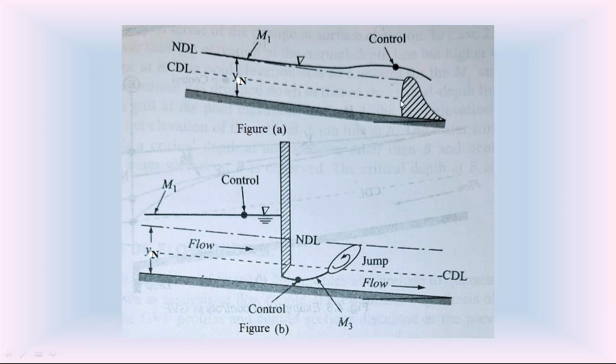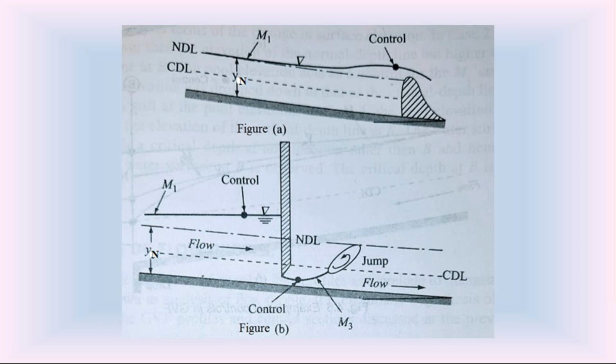I hope you remember, due to the Polavaram dam, when water is stored in the Polavaram dam, this is the water surface profile in the river Godavari. This water surface profile goes up to Bhadrachalam. That much distance this water surface is moving in the river. So we must know the length of the water surface profile. Not only M1, it is M2, M3, S1, S2, S3, C1, C3, H2, H3, A2, A3, whatever the water surface profile may be. What is the length of that water surface profile in the open channel?